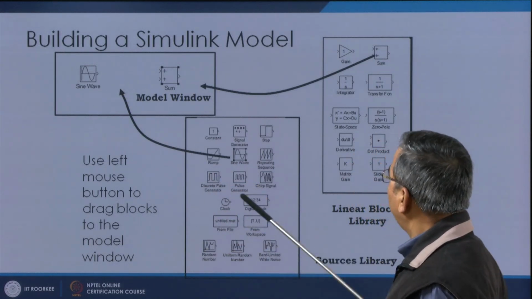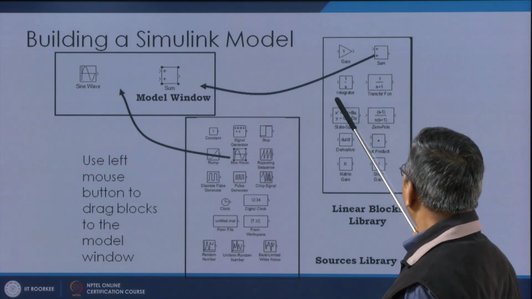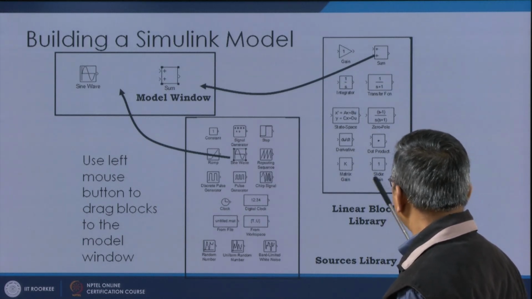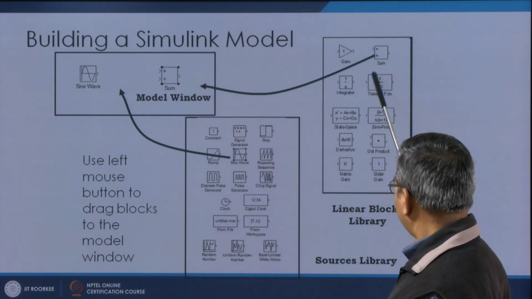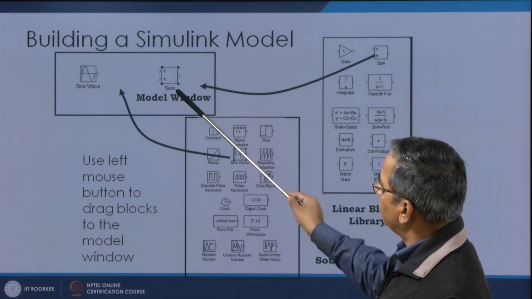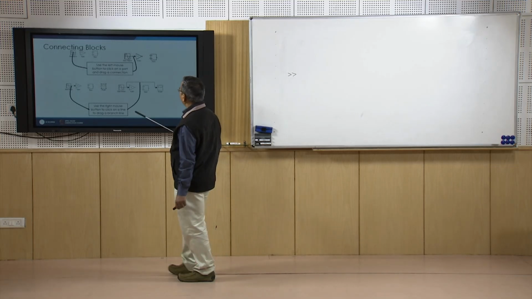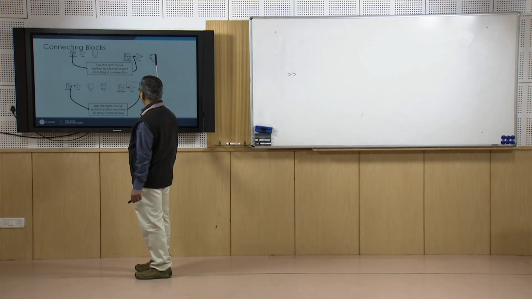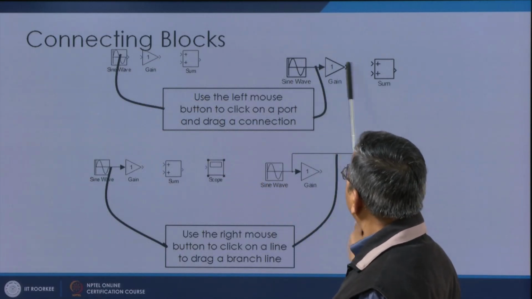So, sine wave. Similarly, in the model window, I can have the linear blocks library, where I have, say, summation, gain, integrator, transfer function, state space, zero pole, derivative, dot product, matrix gain, slider gain, all these things are available. So, I can take one here, that is linear blocks for creating the system model, and from here I can take the source, fine. And then once we have the source and the various blocks here, and say we have the scope, that is the sink,